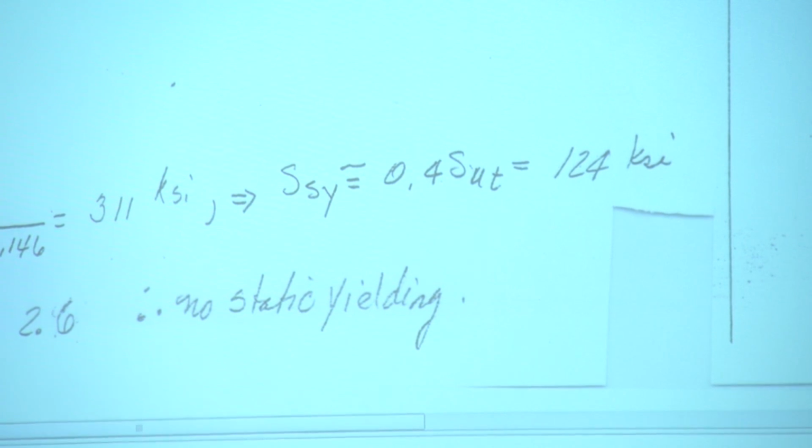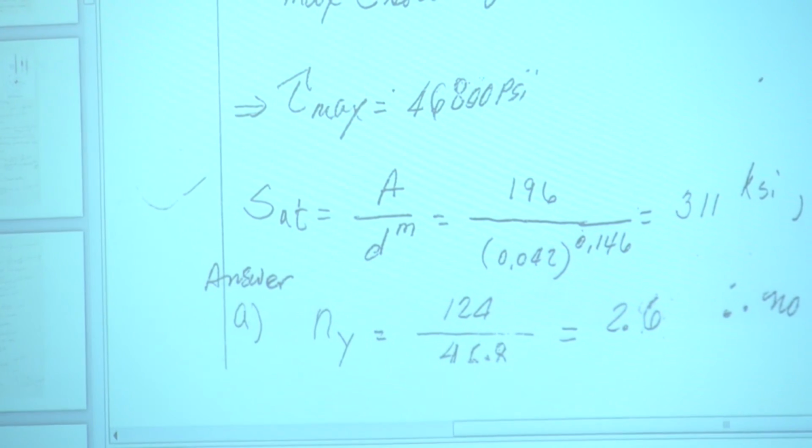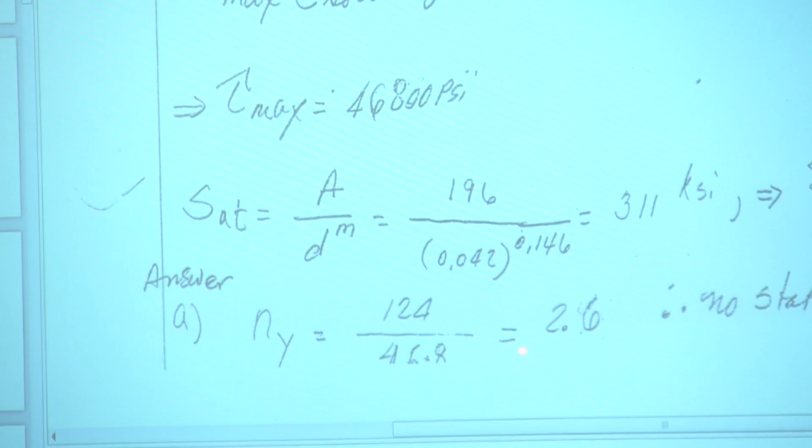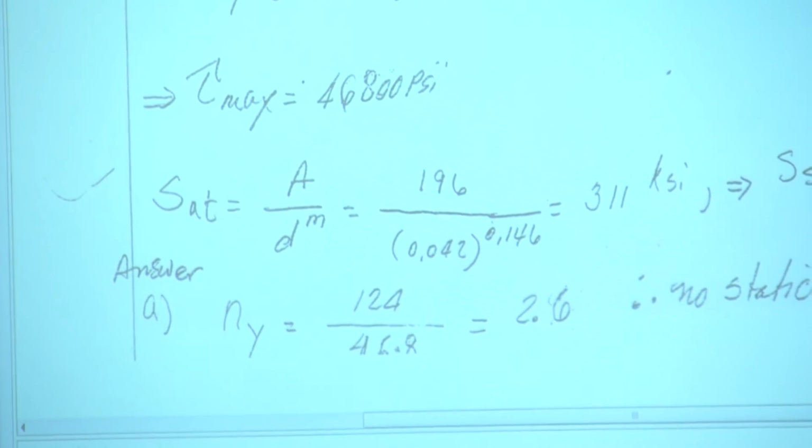If not specifically mentioned what to use, I suppose you could use any value between 0.35 and 0.52, I believe. However, in the exam, should something like this arrive, I will tell you what to use so that you all will have the same value. That's not something you're going to decide. So that's a yield strength. And that's my shear stress. Divide the two. I have a factor of safety of 2.6 against yielding.